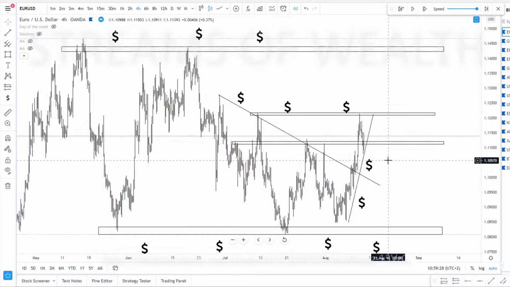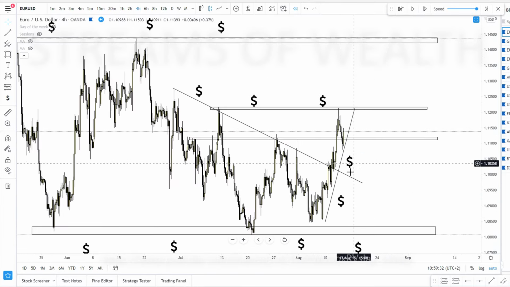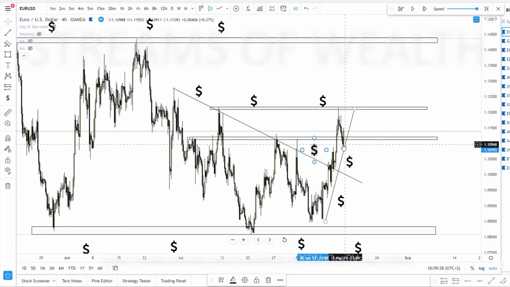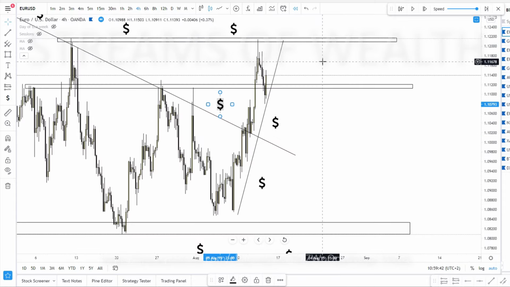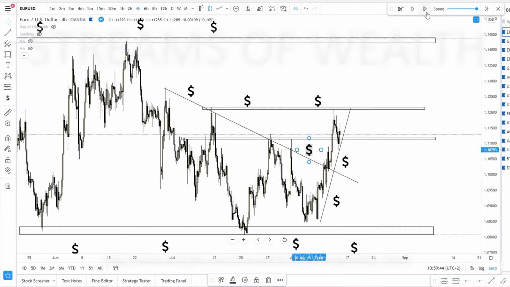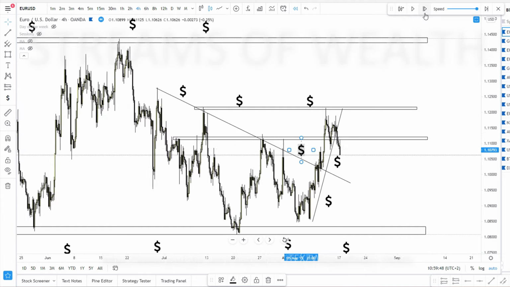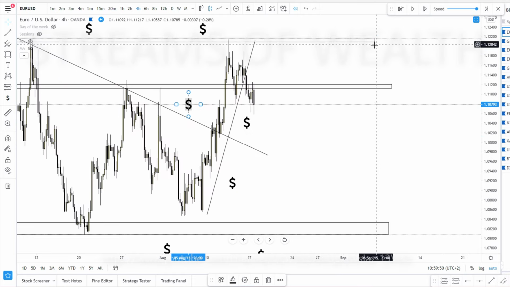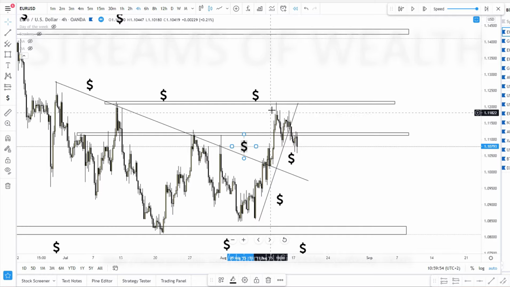So now we have here, we have below this trend line, we have already here, this is 1 second, 1 second. So at this point I'm not sure. I am not sure. And yes, we break it. We break it, and